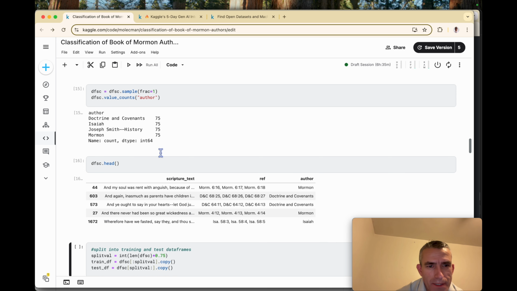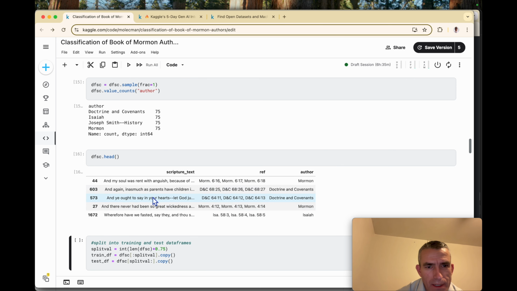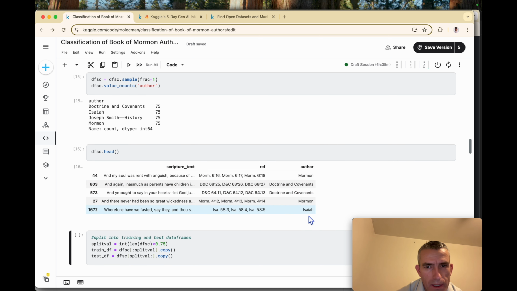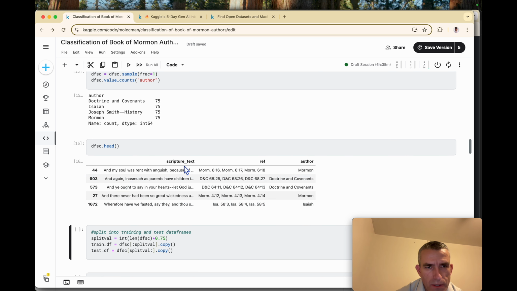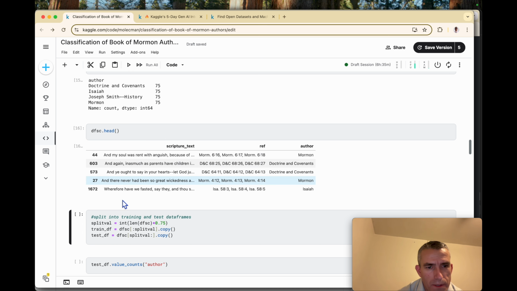And here's kind of what that shows. So here's the scripture text, and it's a concatenation of 3 scriptures in Mormon, and this is the author, and I've just said the book title in place of the author for the Doctrine and Covenants. And then there's also inside here Joseph Smith history, but it's only printing the first 5 rows.